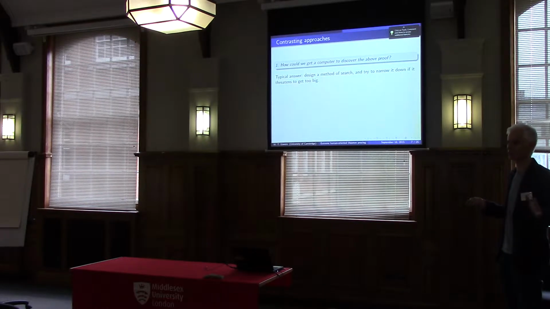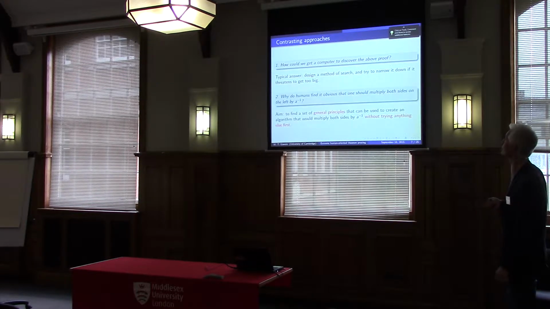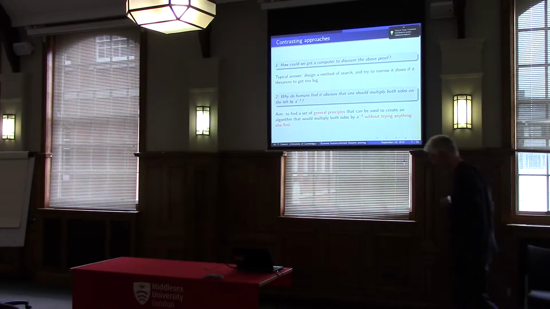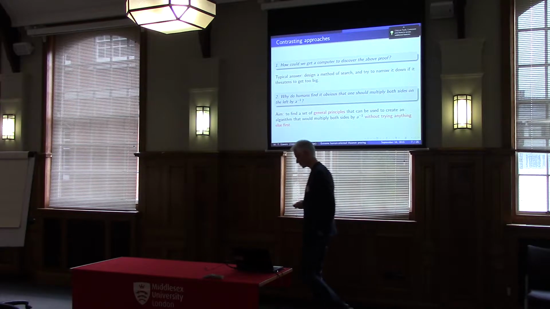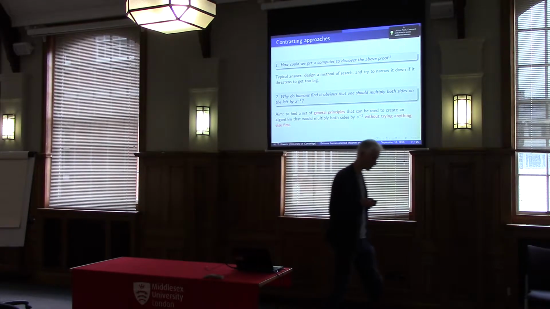Roughly speaking, because it does all sorts of stupid things that a human wouldn't do. You would not invert both sides and expect to be getting anywhere. So the question that we would want to focus on in this particular example is, what is it about us that makes it obvious that the thing to do is multiply on the left by a to the minus 1? The danger in all this is that you come up with an answer that's rather specific to a particular problem in hand and doesn't generalize. That's why I've emphasized general principles. We somehow want multiplying by a to the minus 1 to be the first thing the computer even tries, because for any reasonably experienced human, that would be the case. I think this is a difficult problem.